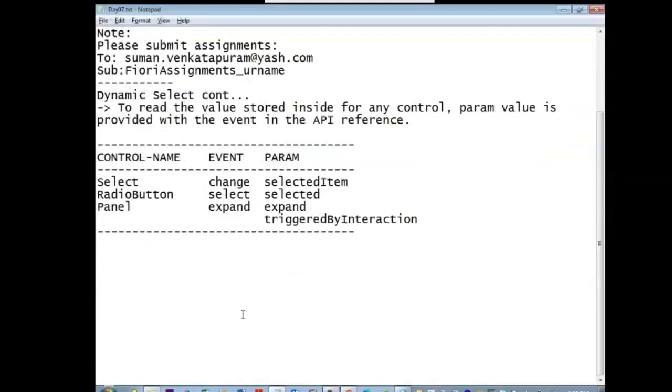Now to read the value stored inside these controls, first you have to provide an event function name for this, for example, using the param value.